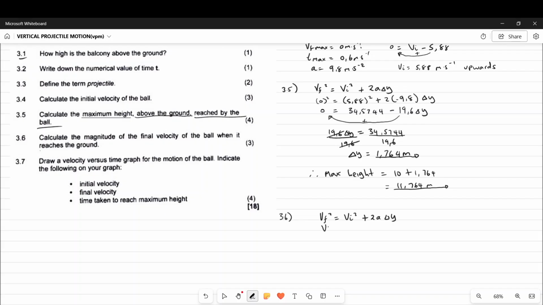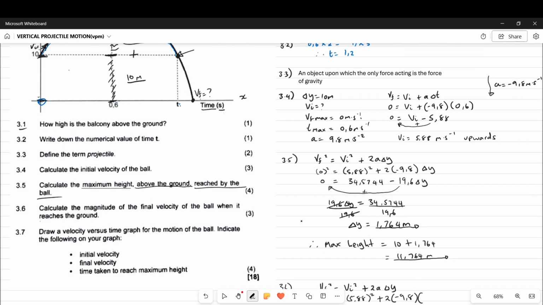So V final squared is what we're looking for, which is equal to V initial, which is 5,88 squared, plus 2, acceleration due to gravity will be negative 9,8, right? And your height now,